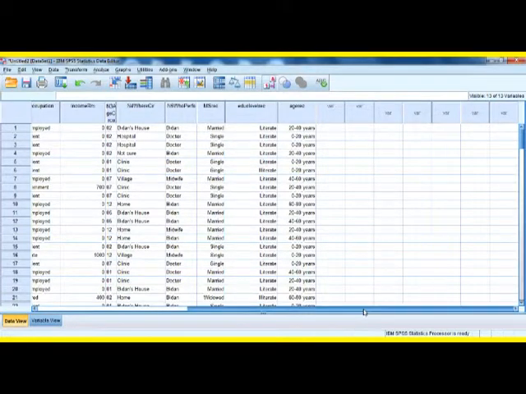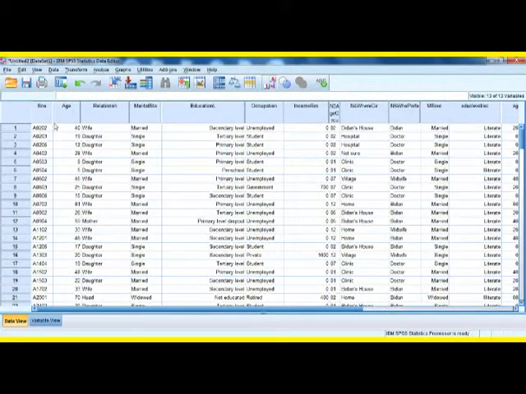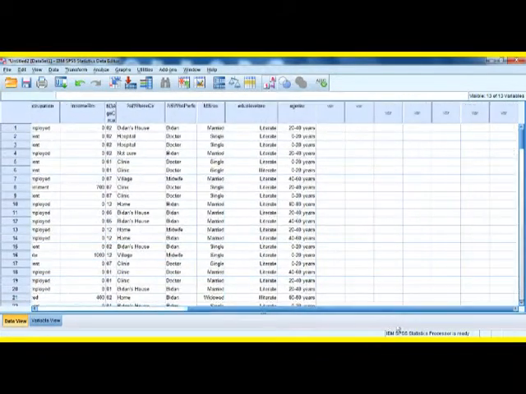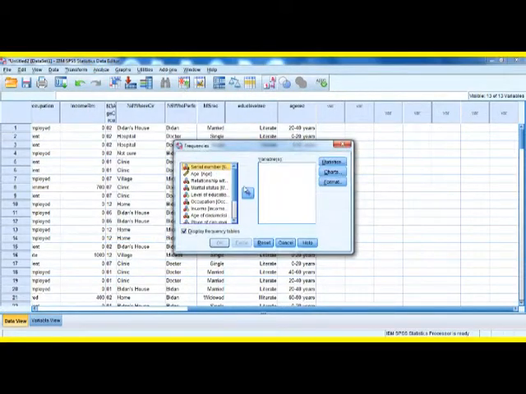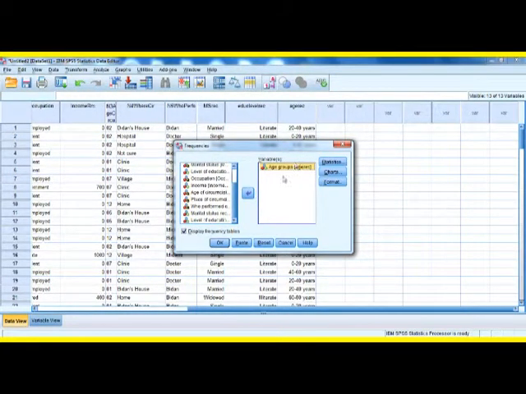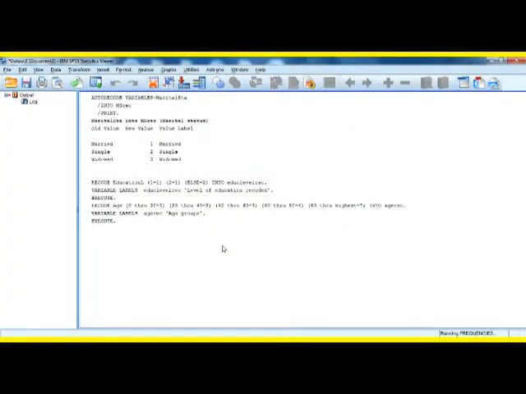So what I did just now was I recoded age, which was captured as a continuous variable wherein you had 144 different values, into intervals of 20 starting from 0 years onwards until more than 80 years. By this way, I can reduce the amount of data for presentation. What I mean by this is, now if I run analyze descriptive statistics with frequencies, and I want to know how many people are there in each age group, I will have to go to the recoded variable, that is age groups. I put it in the variable column, and when I click OK,